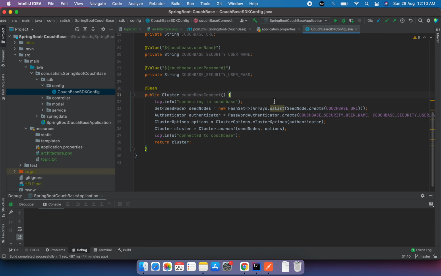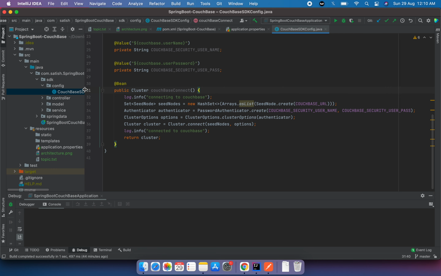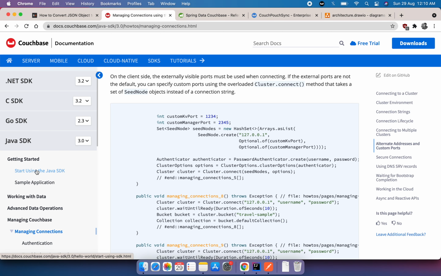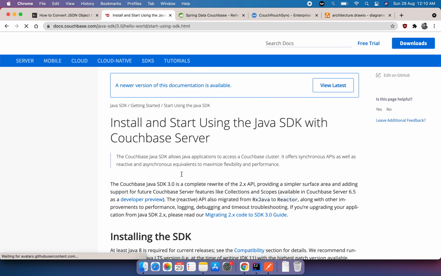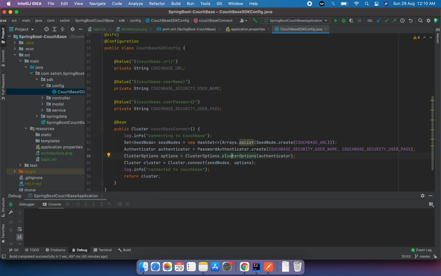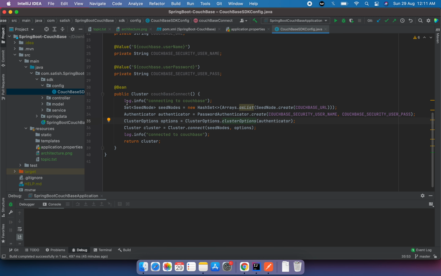Just to verify, I copy pasted the same thing here. As per my requirement we can also do this using cluster.connect, the simplest example, which is this one. But as I was trying different things, I just included that. So this is the simplest way we can also connect. It depends on the purpose. If it's running on some Dockerized container, you might have to use different ways to connect, but as a simple application you can also use this. That's pretty much about how it's been configured in the configuration file.